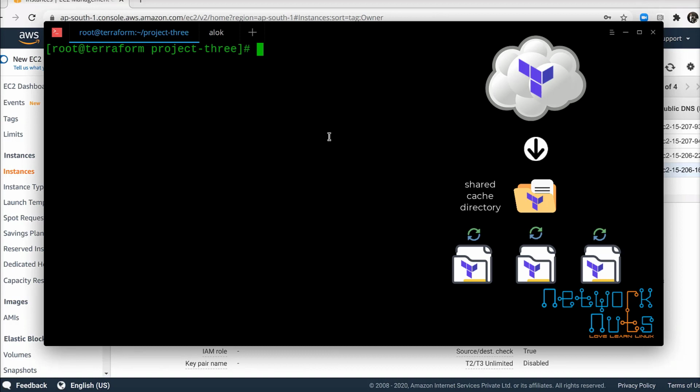So the solution is, I can create a single directory for storing my dynamic provider binaries, and then pass that configuration to Terraform, saying we have this shared location where all the dynamic providers will be. Please don't copy it into the respective folders.